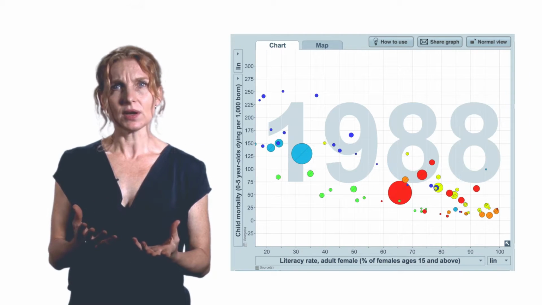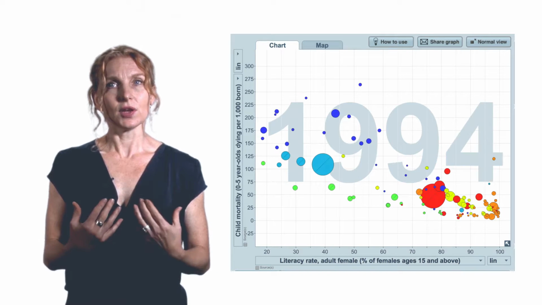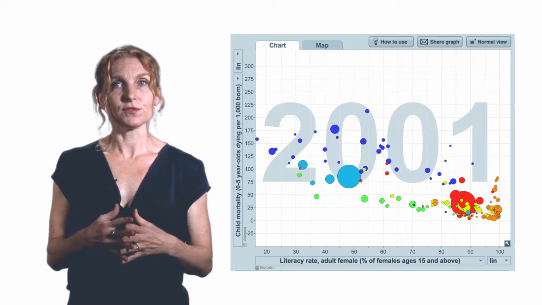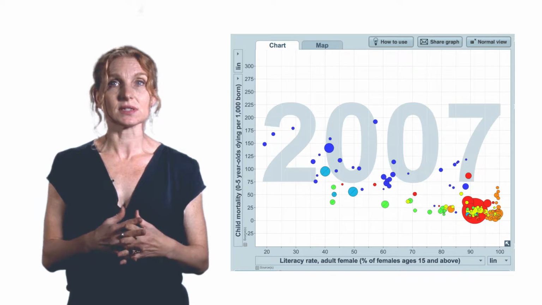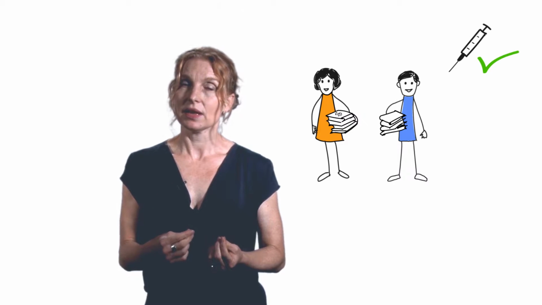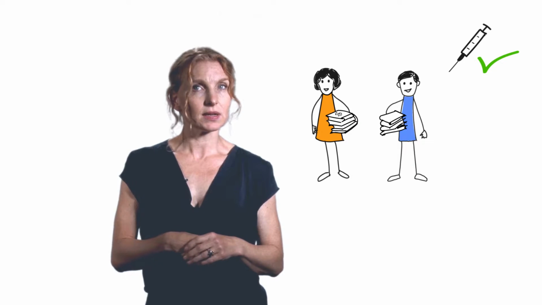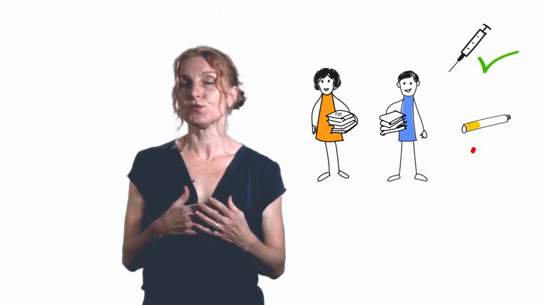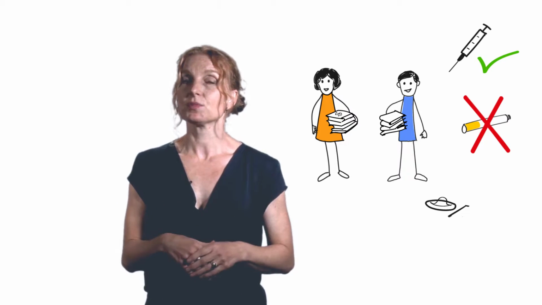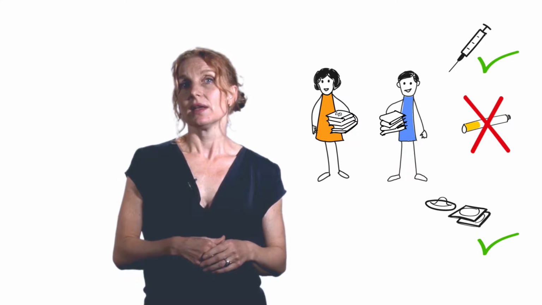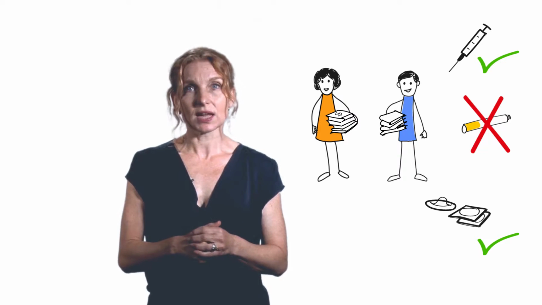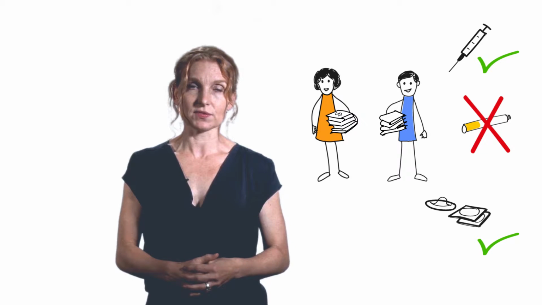Can you see what happens here? When young women like Anna know how to read and write, the likelihood that their future children will survive increases substantially. Because parents who can read and write are more likely to understand why they need to have their children immunized. And if people can critically interpret information about why to avoid, for example, smoking and how to prevent unwanted pregnancies, it empowers them to choose healthier lifestyles and control their own lives.